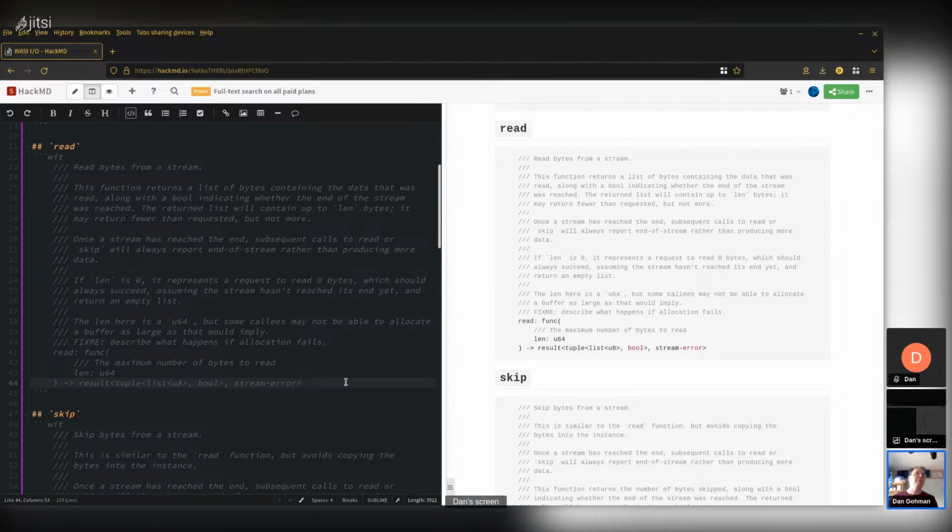But in the future, what we can imagine is when we build streams into the IDL, they can have much better integration with the source language, and we can avoid having to allocate a list, which you could think of as a Rust vec or a similar kind of data structure, or basically calling malloc to allocate the memory for this list. So in the future, with the actual built-in streams, that's a thing that can go away.